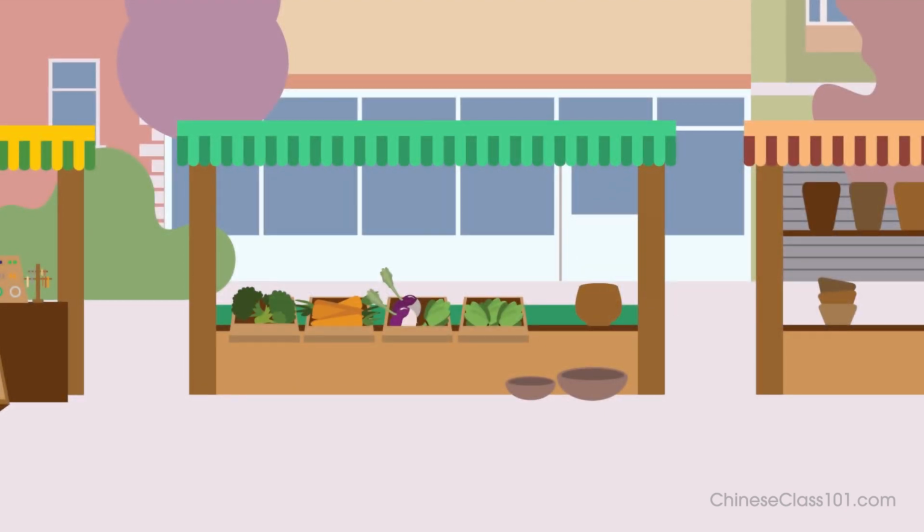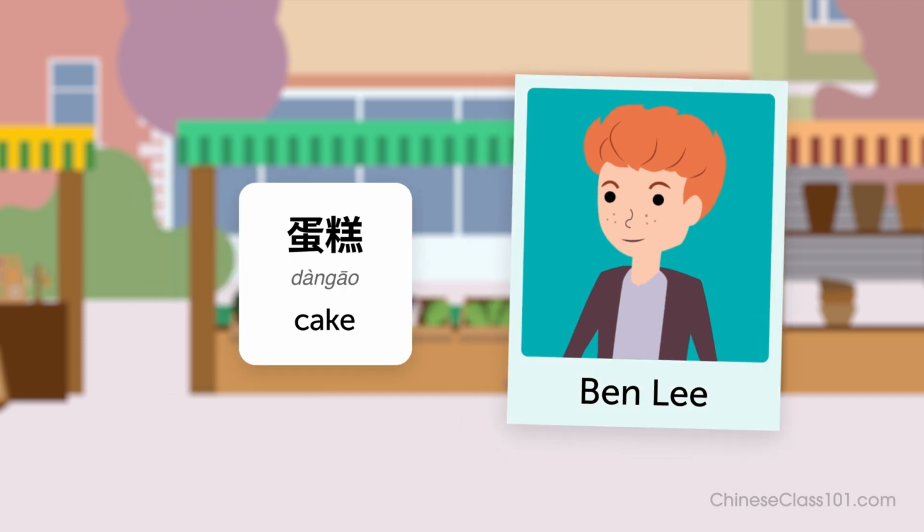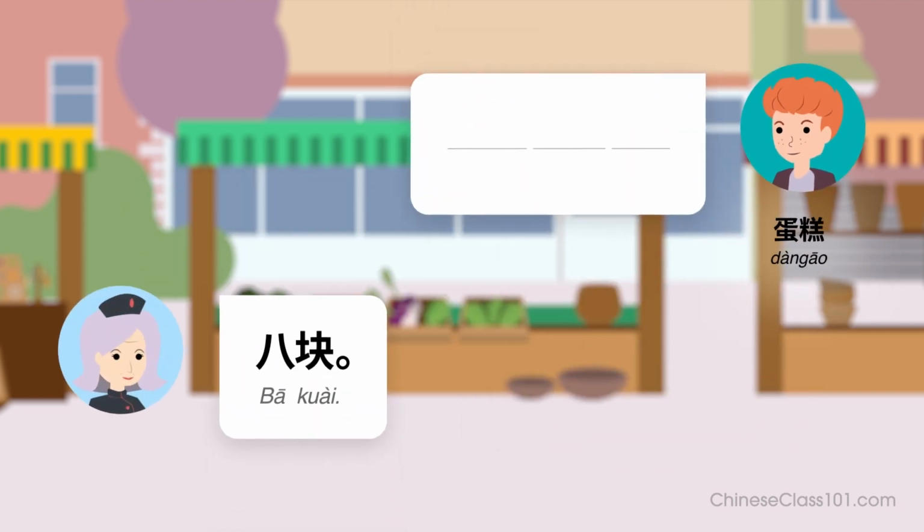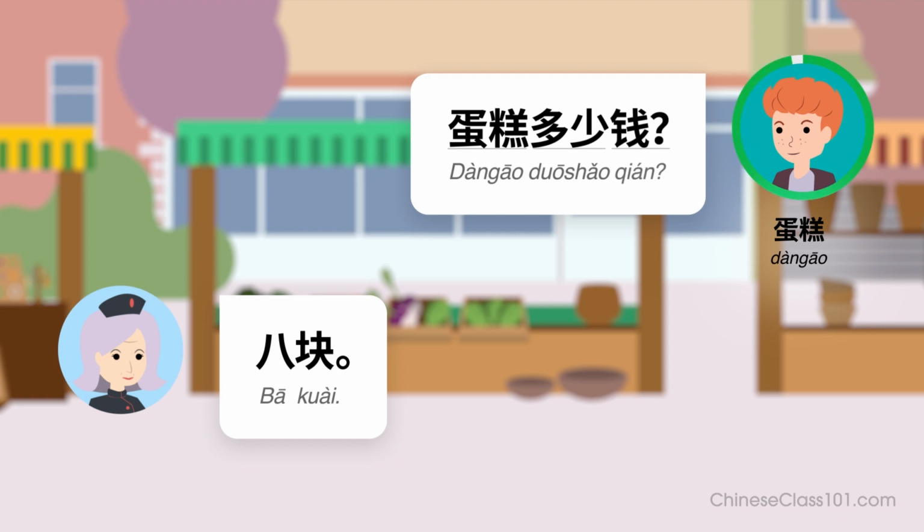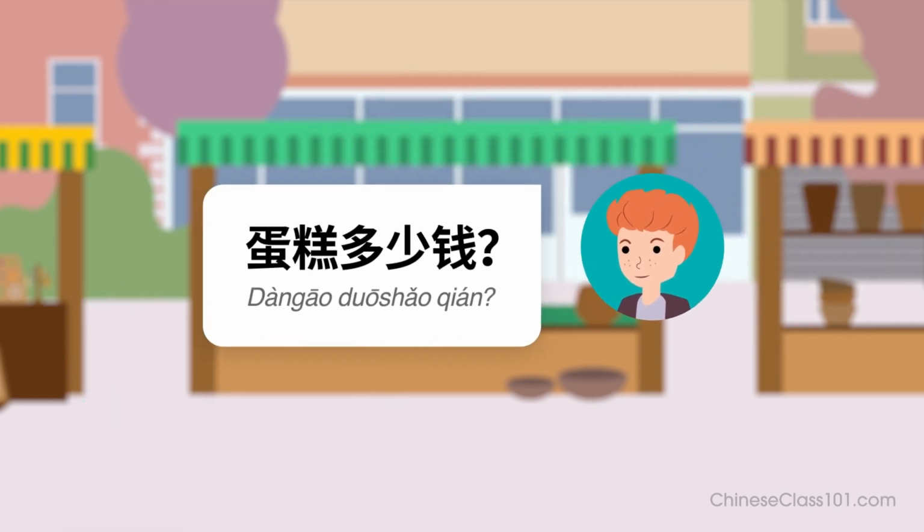Let's try one more. Ask for the price of a cake. Ready? 蛋糕多少钱？ 8块。 Listen again and repeat. 蛋糕多少钱？